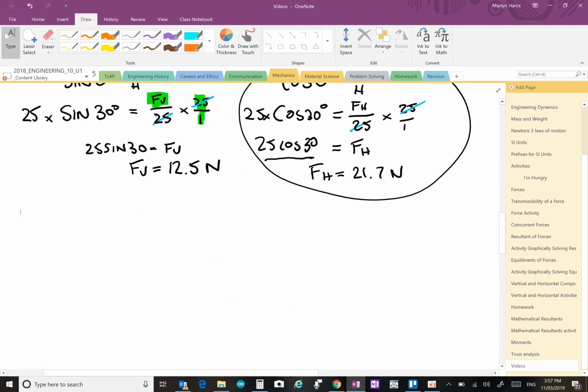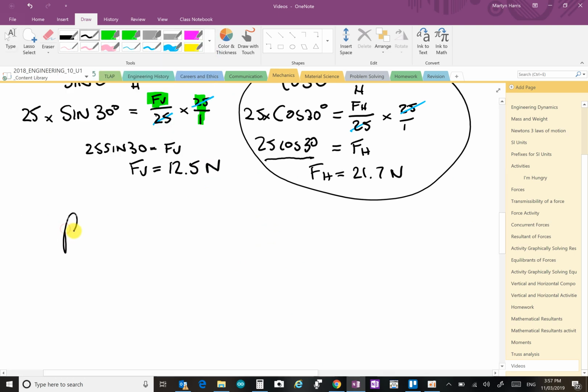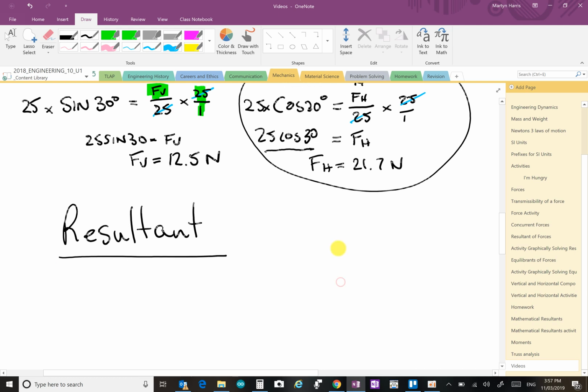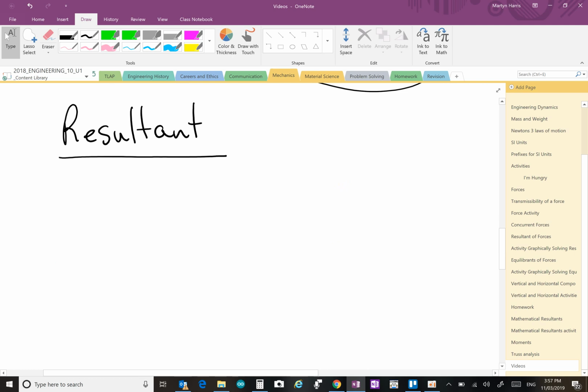So what I'd love to have a chat to you about now is this concept of resultants. A resultant is something we look at when we add forces together. When we have a combination of forces coming together, what is the resultant? There are a few different ways we can do this, and the easiest way to look at it is linear